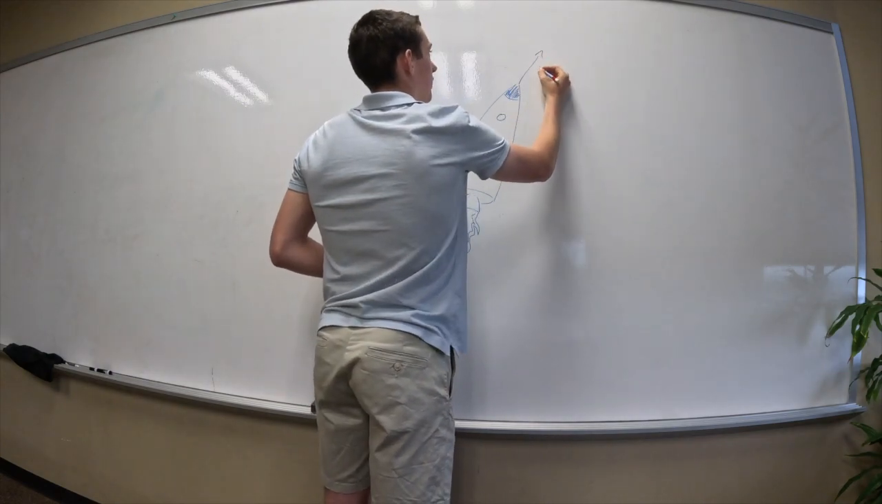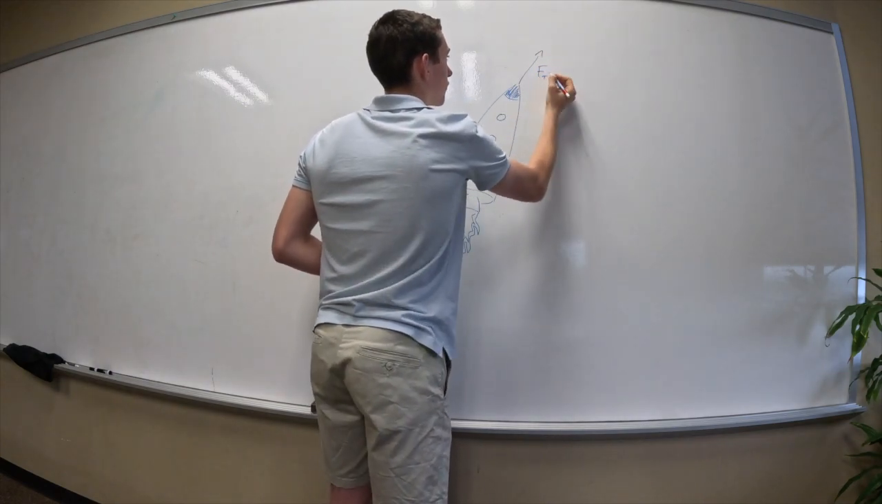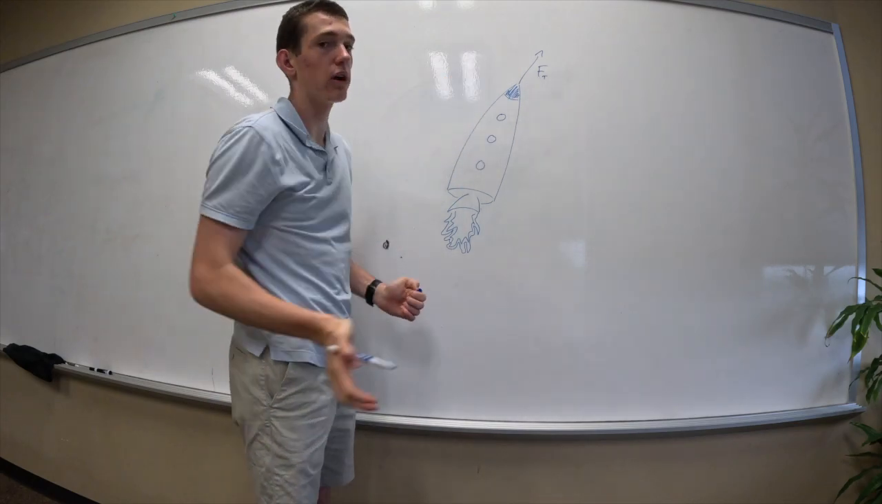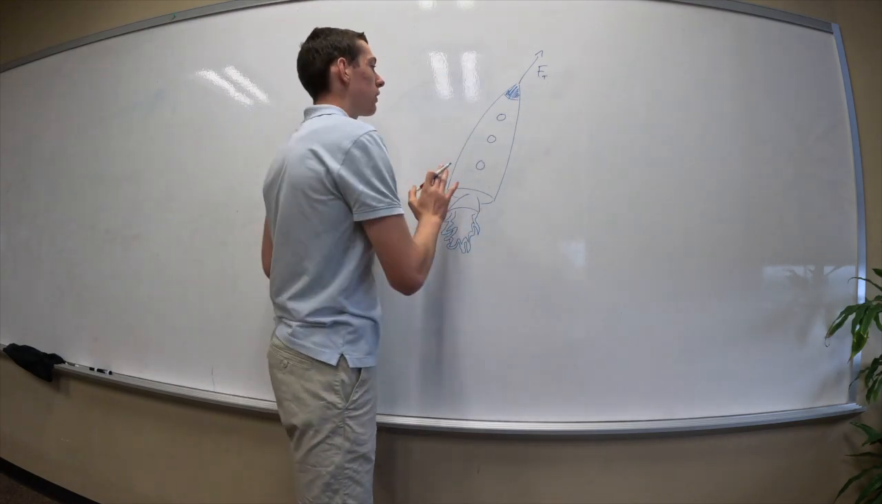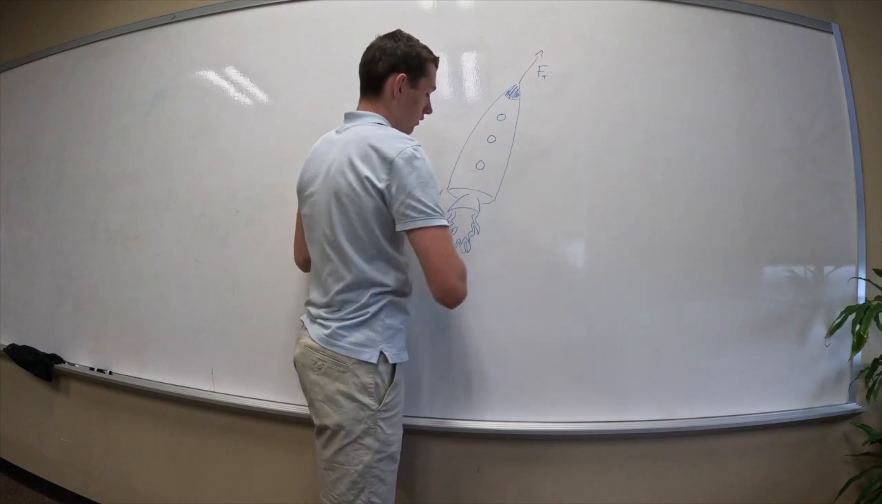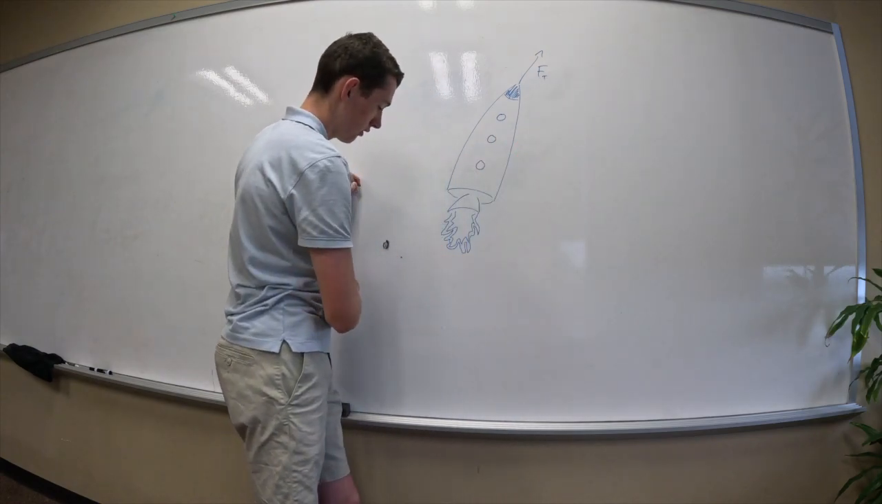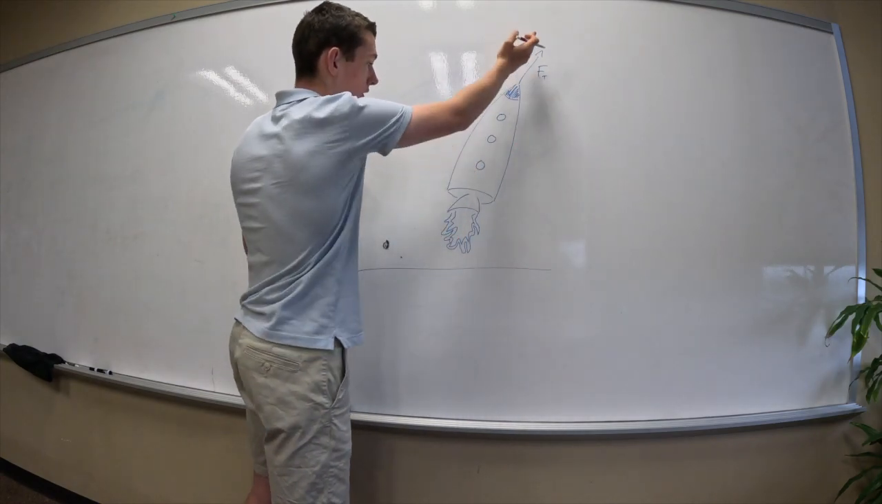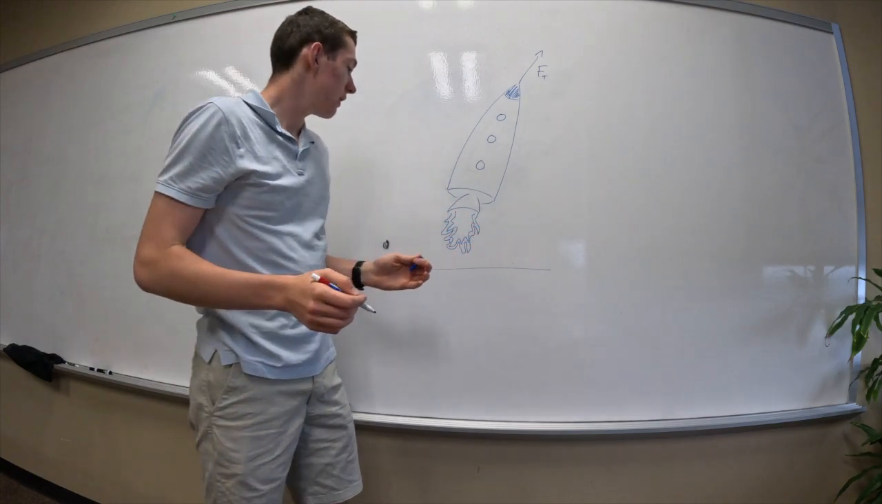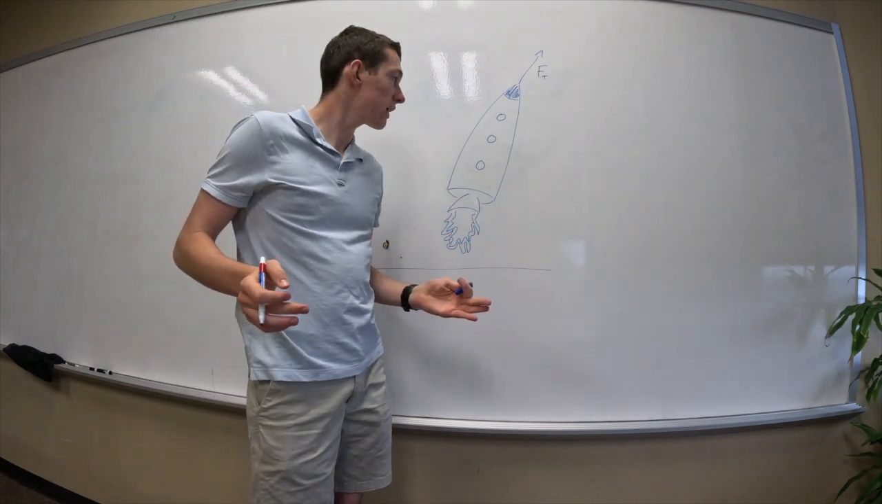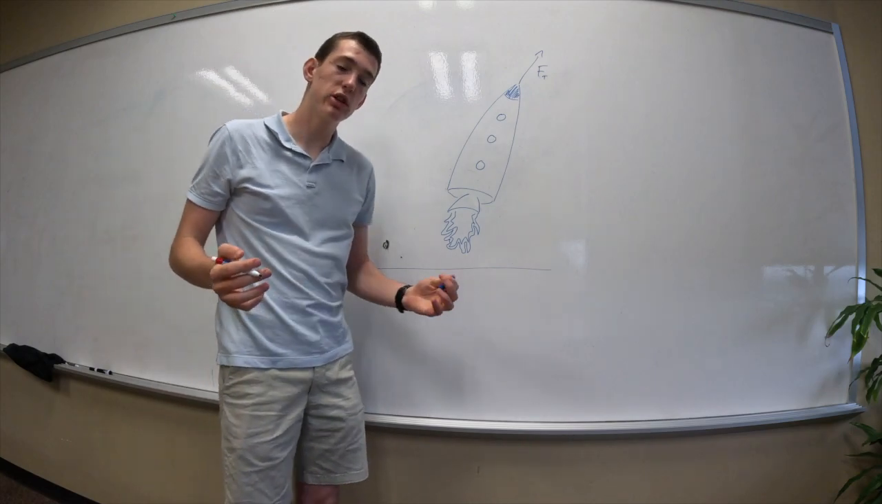So it is pointed upward. The force of thrust is parallel with the rocket. So if the rocket were going at an angle compared to the Earth, it would be following the angle of the rocket. Then the second biggest force acting on a rocket is the force of gravity, which is what's pulling